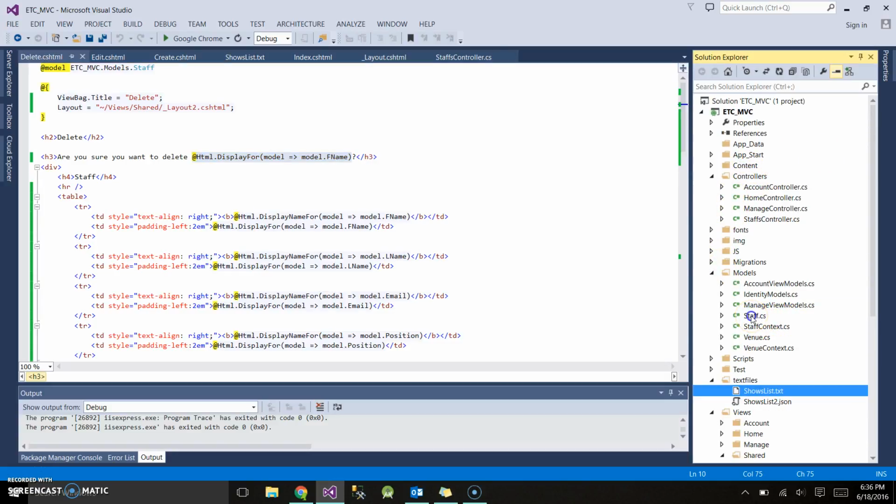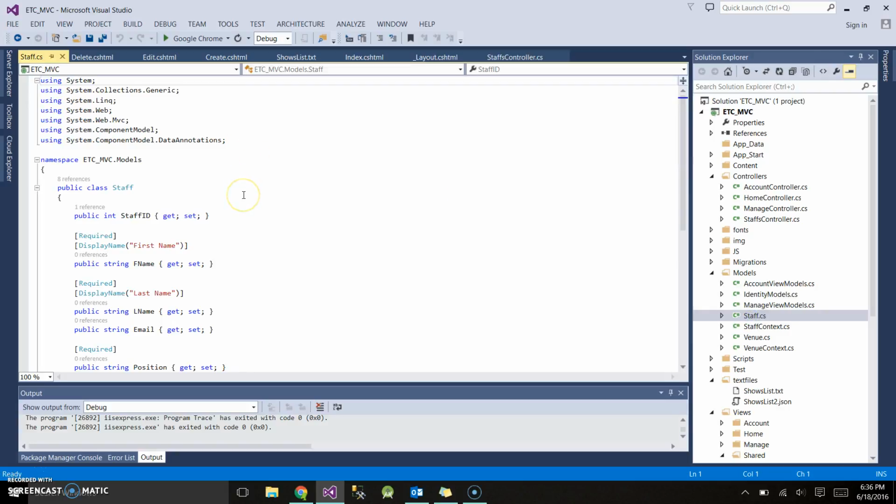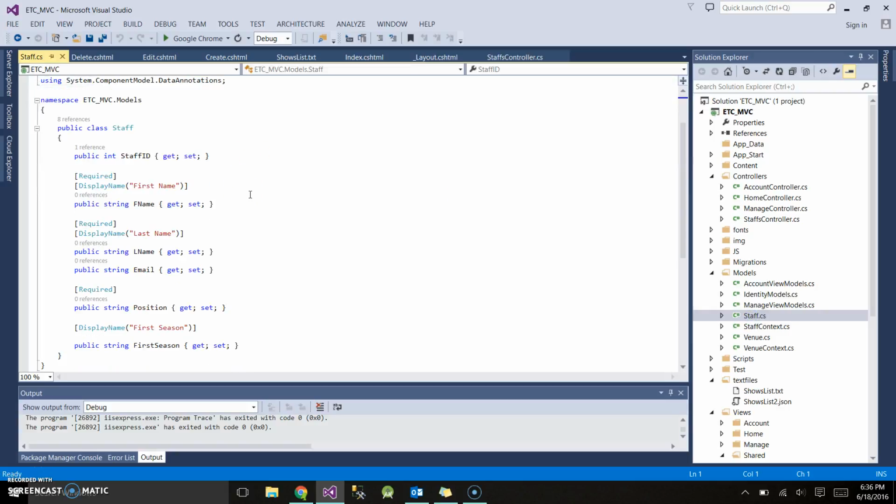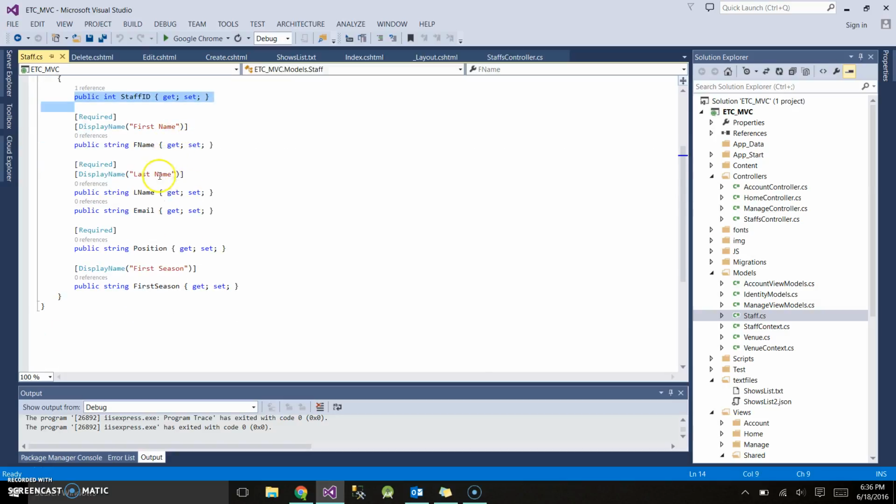Finally, I want to show my models. So for this one, I just have a staff model that I'm utilizing to display data from, and I have a staff ID, their first name, last name, their email, the position, and their first season, and I query all of this data, and I've used a few annotations such as required